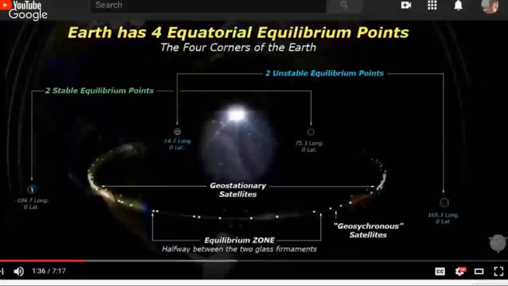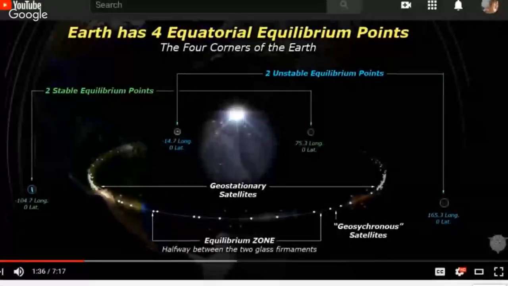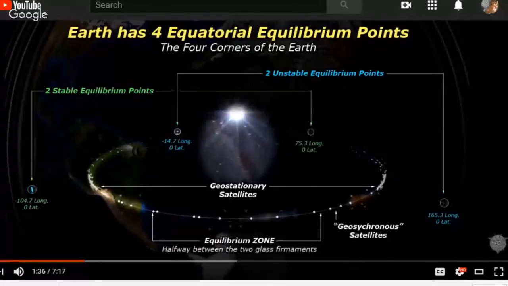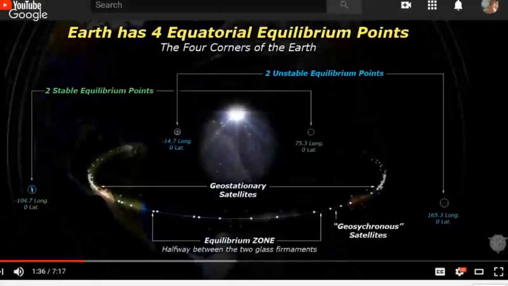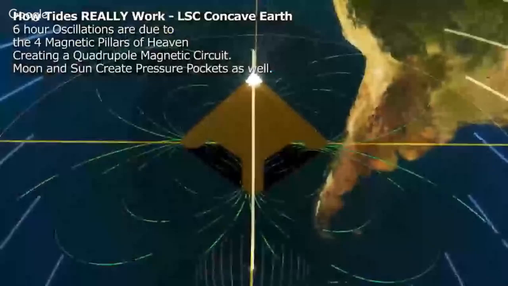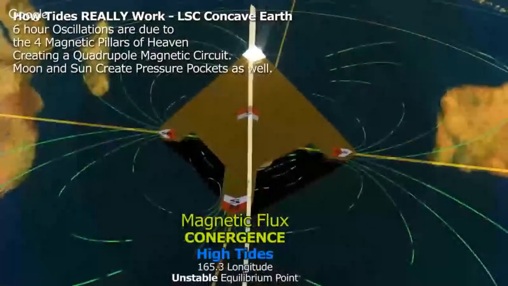You see, I made this graphic a long time ago. We have 4 equilibrium points, equatorial equilibrium points. 2 stable ones, you see there on the left, negative 4.7, and then a 75.3. Those are the stable ones, and that would be the actual divergent push. Going back to the animation, here. So the stable areas are the divergence, and the unstable equilibrium points are the convergence, or